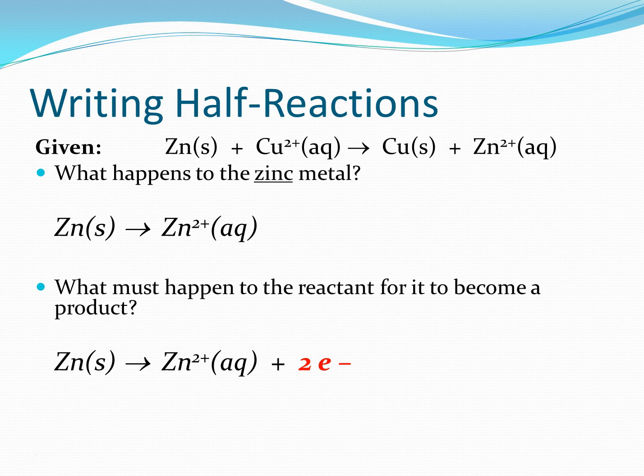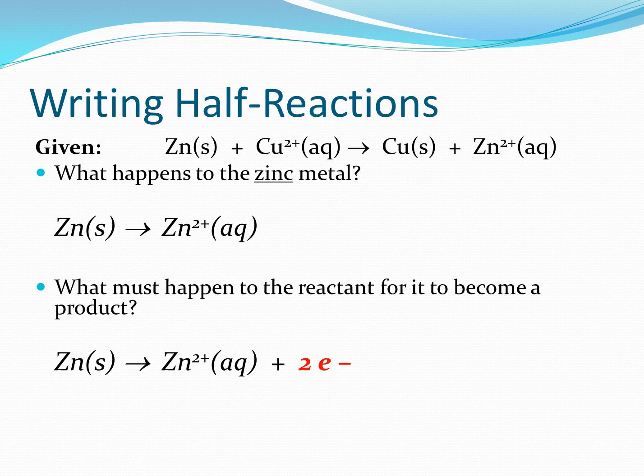You can start by separating the 2 metals into different reactions. The first reaction would be the change of solid zinc to a zinc ion. Notice how the atoms are balanced here, but the charges are not. To balance out the charges, we need to add in electrons. Assume that each electron has a charge of -1, so 2 electrons are required to balance out the +2 charge